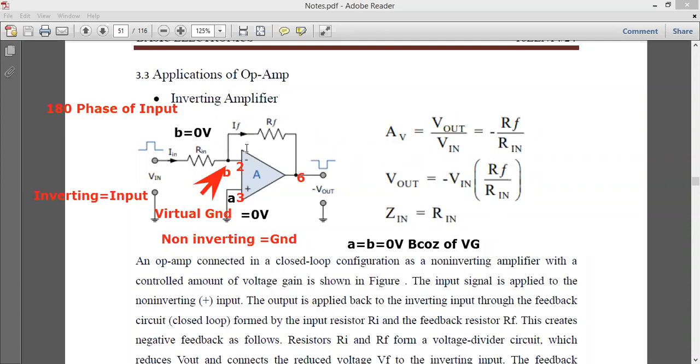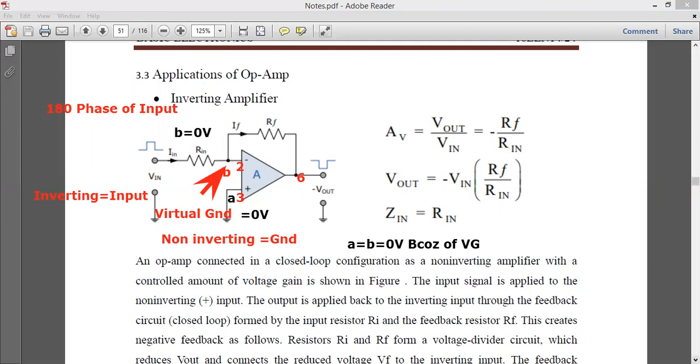तो हम क्या कर रहे हैं यहाँ पे, एक feedback connection दे रहे हैं through a resistance called RF. The current flowing through this resistance RF is nothing but IF. So this is how the connection diagram of an inverting amplifier looks. तो जब भी आप inverting amplifier लिखेंगे, always connect your input to the minus sign, or simply you can say, just connect it to the inverting terminal of your op amp.